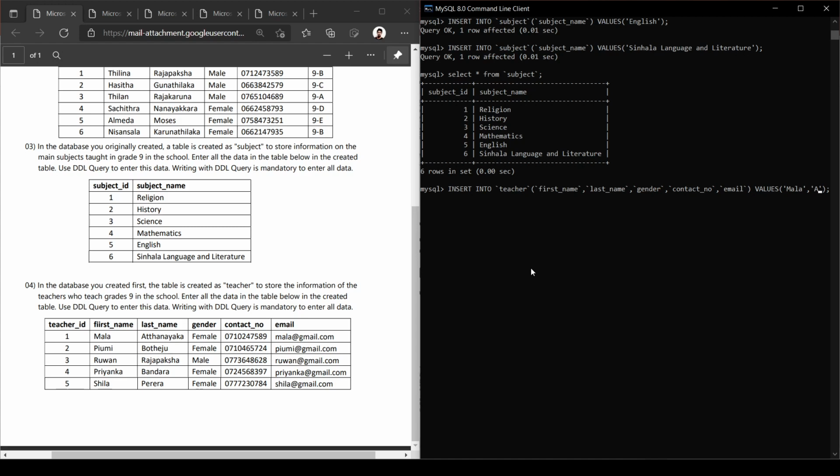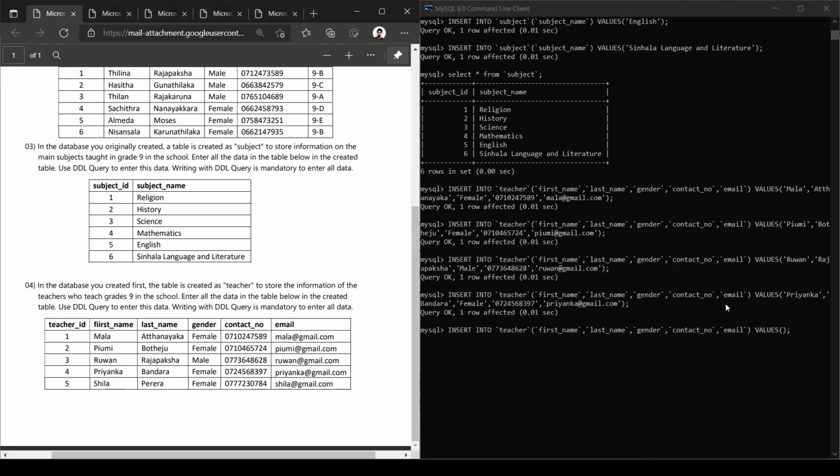First name Mala, last name Attanayaka, gender female, contact number, email mala@gmail.com. And okay, the query okay. So I'm going to use this method to enter these details. Okay, the last one is